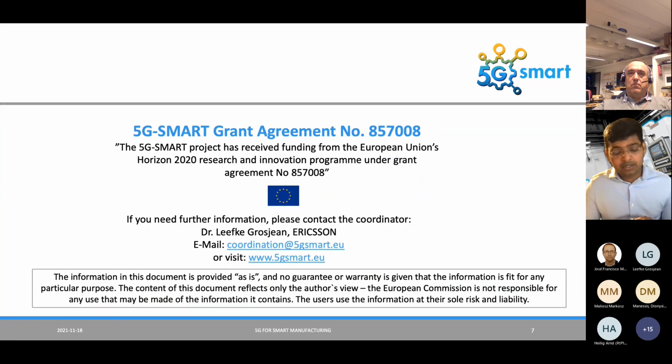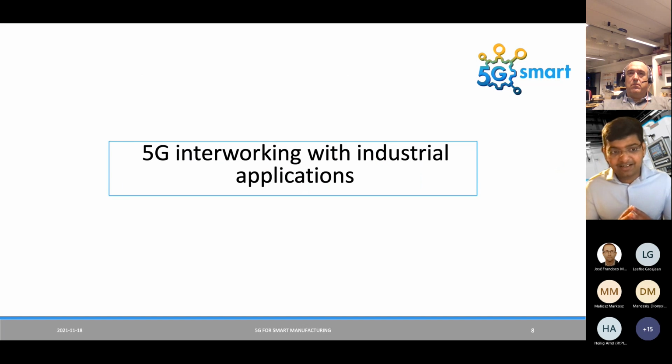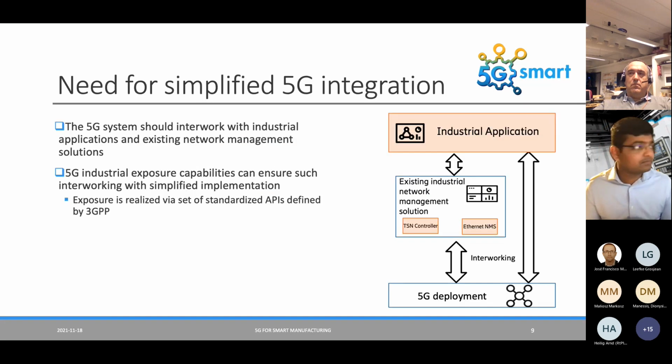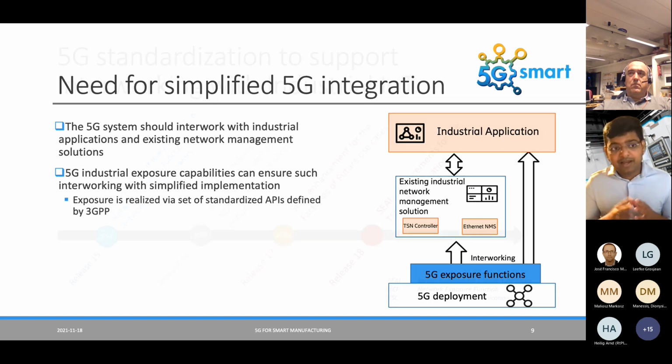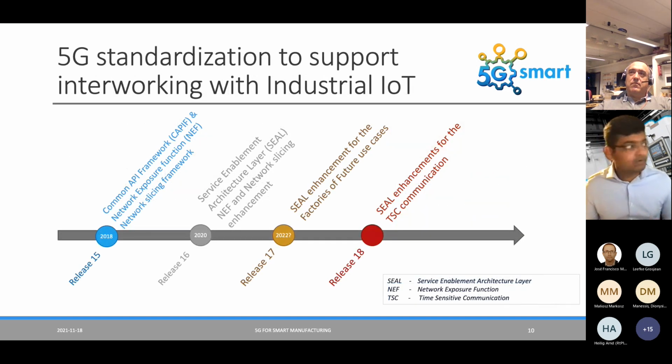Now I will move on to the second point of the presentation, explaining at a very high level how 5G interworks with industrial applications. When we talk about integrated wired and wireless infrastructure, a successful integration of 5G deployment in the smart manufacturing domain should also consider network management. Here, the 5G system should always interwork with industrial applications and the existing network management system. For that, the industrial application developers and also the existing network management solution should not require in-depth knowledge on how